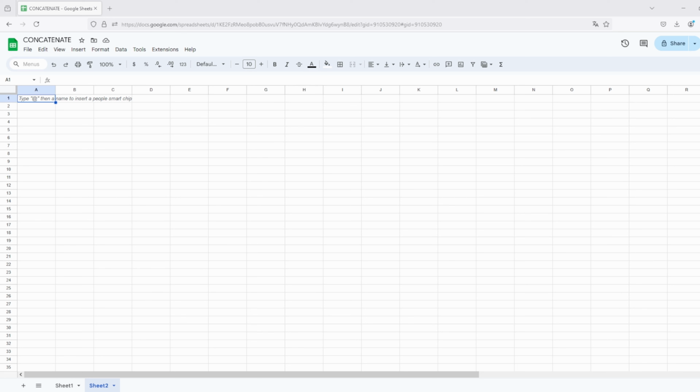Hello again. So for today we are going to take a look at the function concatenate. This function allows users to combine multiple different data types into one. So I have again a little data